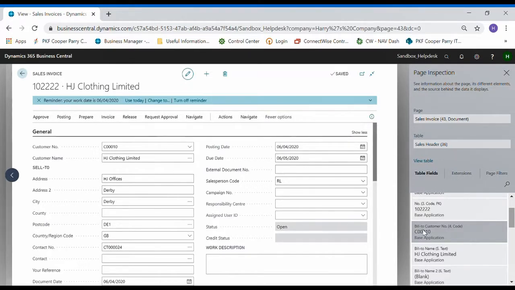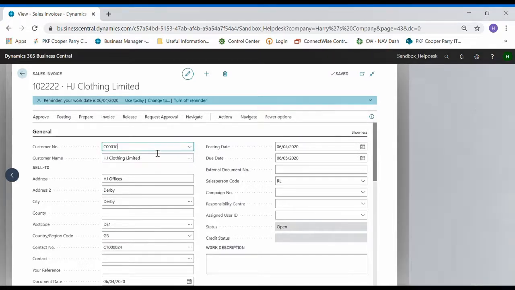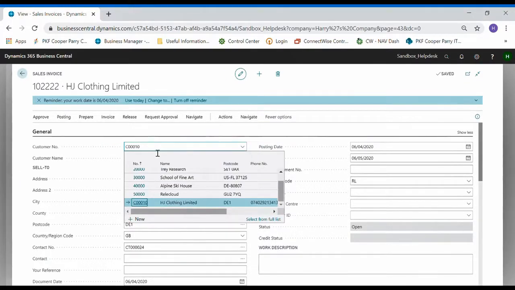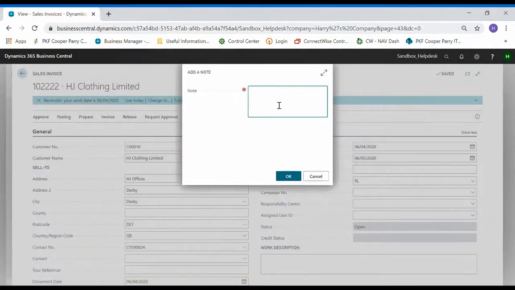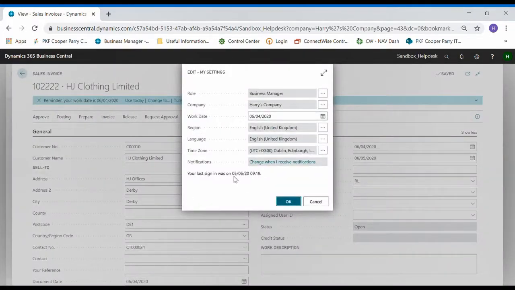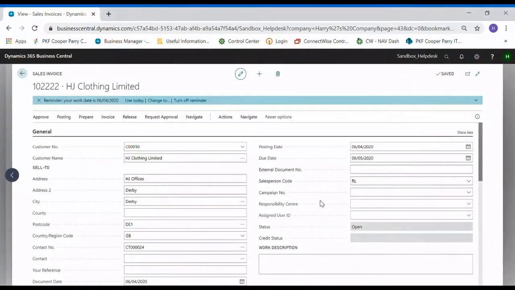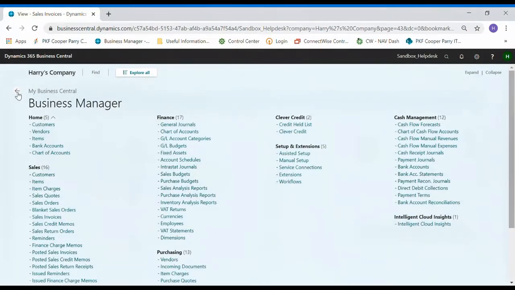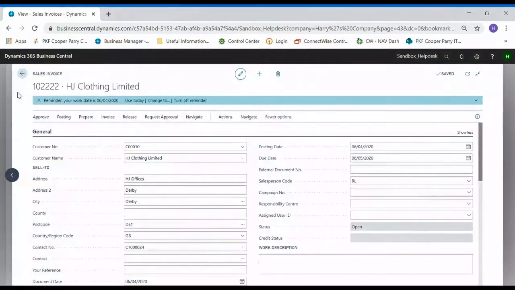But there's 5 simple keyboard shortcuts, so we'll close that and I'll go through them quickly again. So you've got Alt down arrow, which brings up a lookup list, or the list that's associated to a specific field. Alt O, adding a note to this. Alt T, my settings page. Shift F12 brings up your Role Explorer, and then Control Alt F1